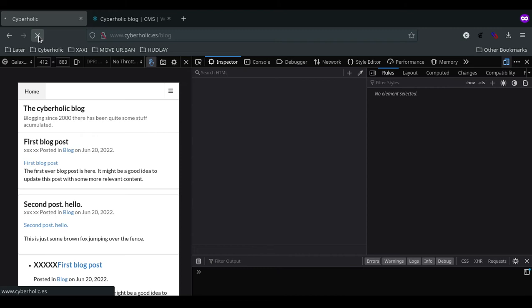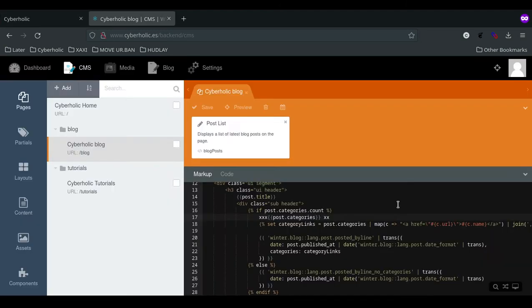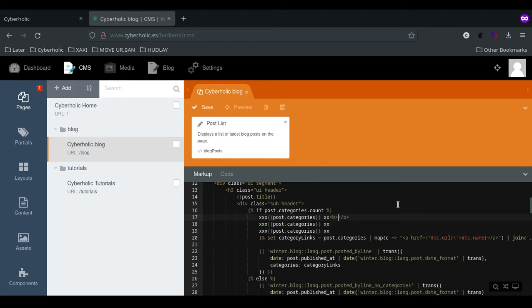Why does this not work? Name block, inside categories. Show me the post categories. Why does this not work like that? Okay, I'm going to duplicate this. And this is how you can see how a noob like me